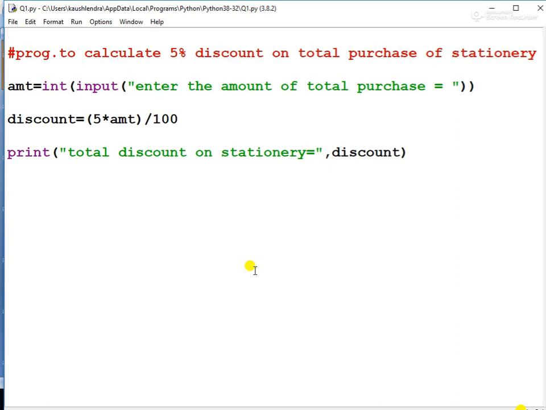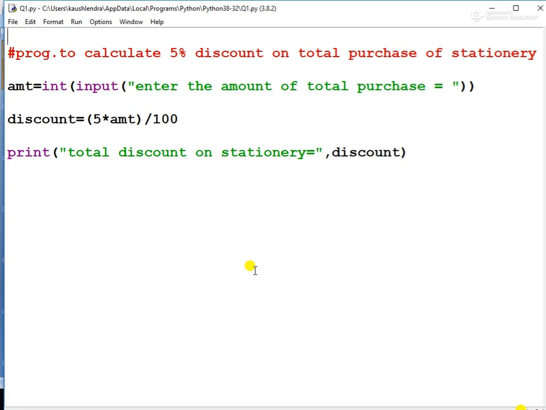Friends, while you are developing the program, you have to take care of all the requirements of the program, its negative and positive points, everything. So analyze the problem very carefully, then develop the program.